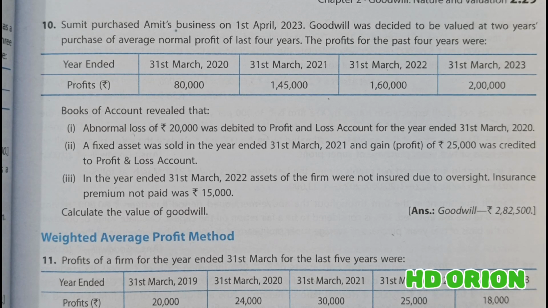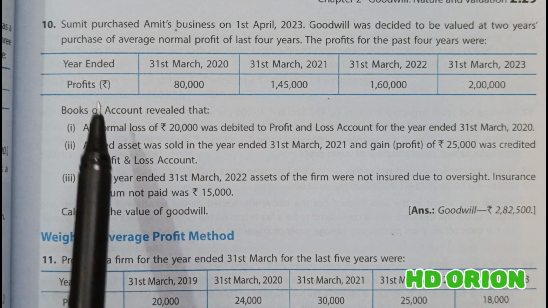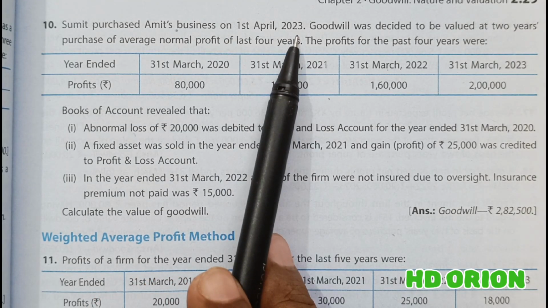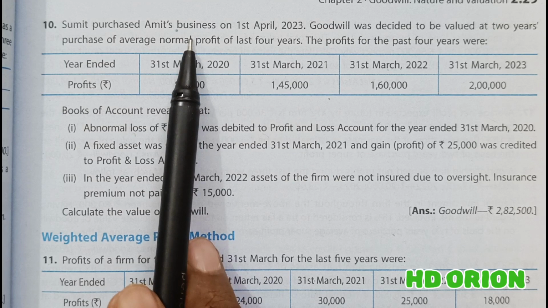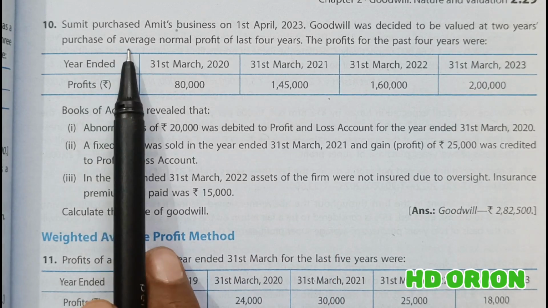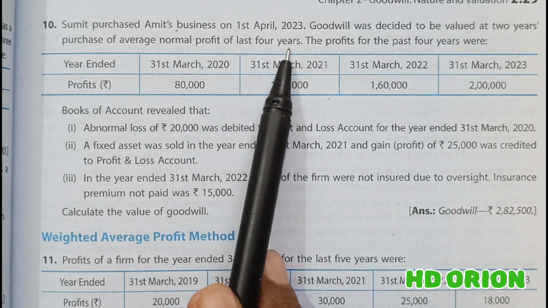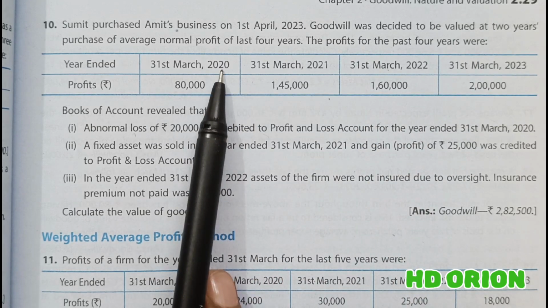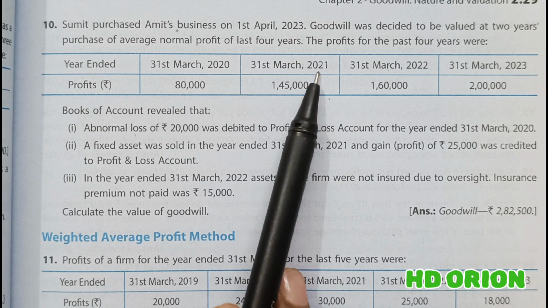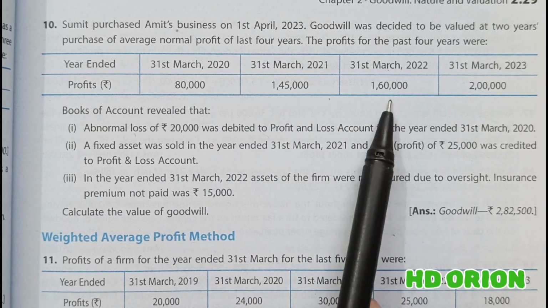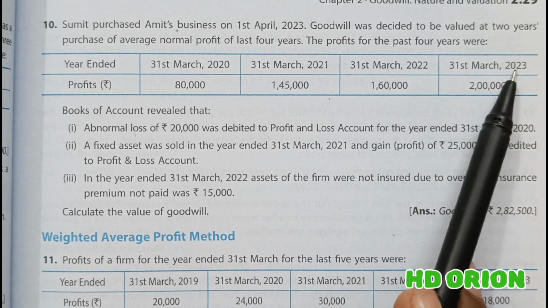Now let us see question number 10. Sumit purchased Amit's business on 1st April 2023. So when the business is bought and sold, at that time also goodwill has to be calculated. Goodwill was decided to be valued at 2 years purchase of average normal profit of last 4 years. The profits for the past 4 years were: 2020, 80,000 rupees; 2021, rupees 1,45,000; 2022, rupees 1,60,000; 2023,